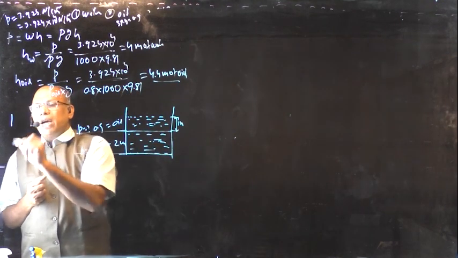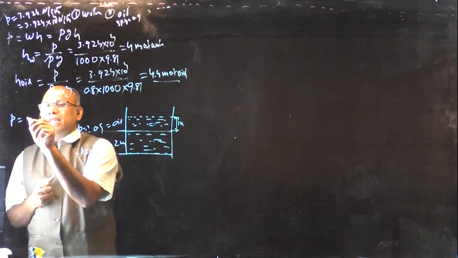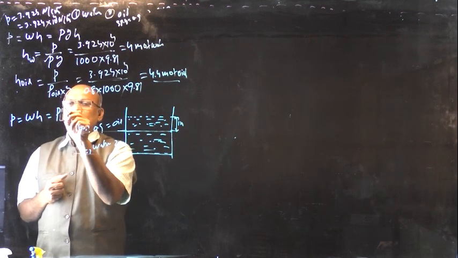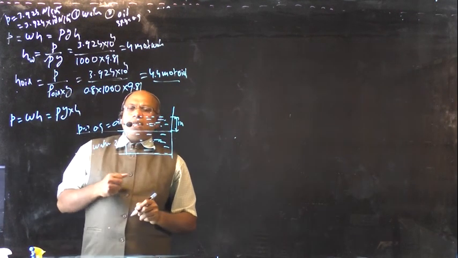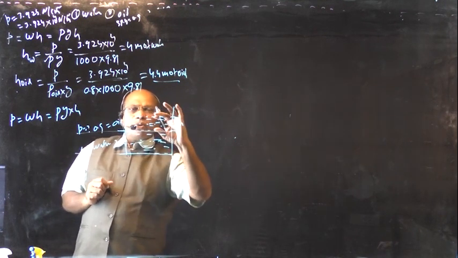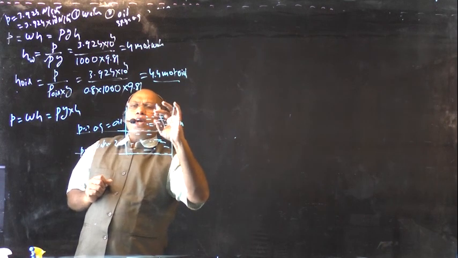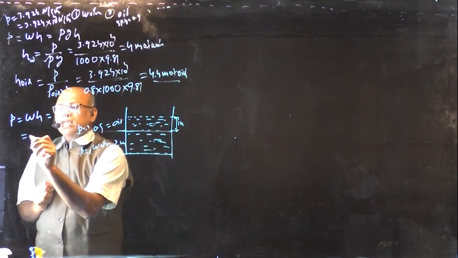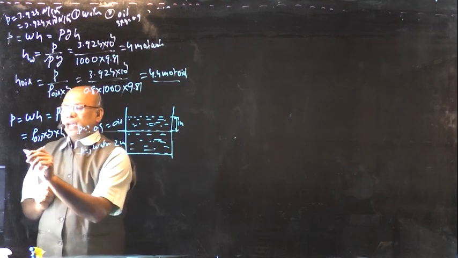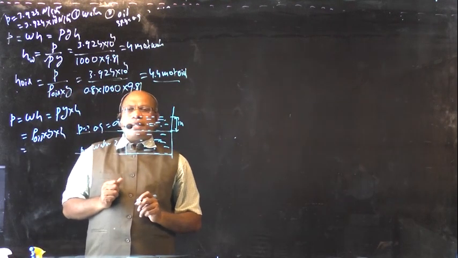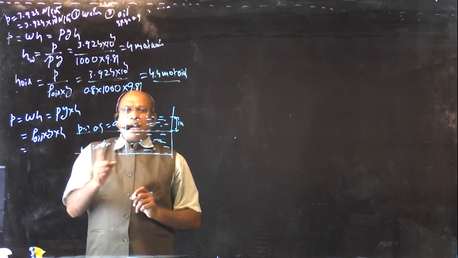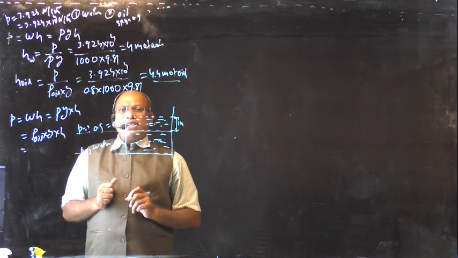We know one standard formula, pressure intensity P is equal to WH, right? W is nothing but rho G into H. So now we are going to determine the pressure intensity at this point. Therefore above this point the liquid is oil, so that this is equal to density of oil into G into H. Density of oil first we are going to determine. Already I have explained to you, density of any liquid is equal to specific gravity of that liquid into density of the standard liquid, right?